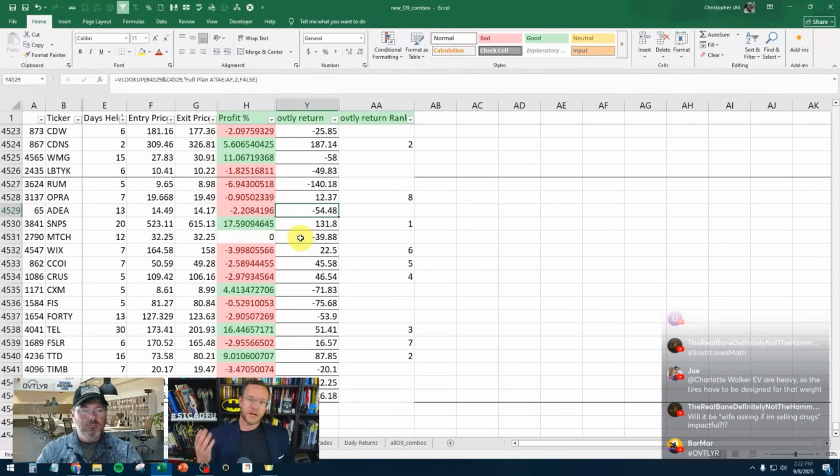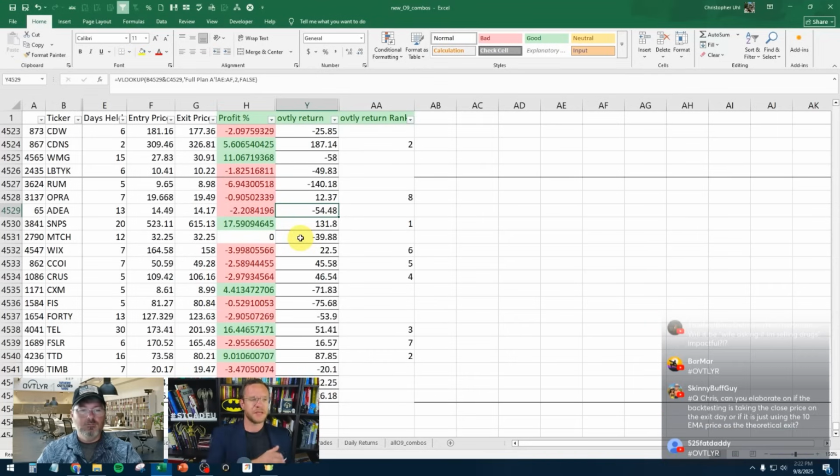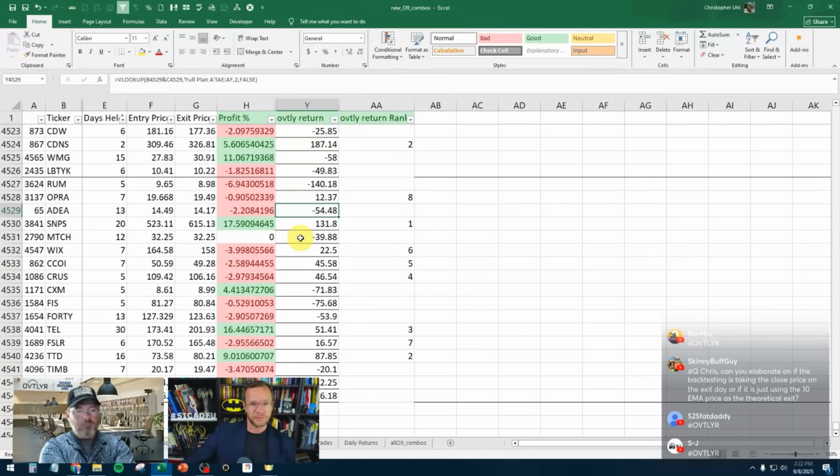So what Scott provided me today, which is different from last week, is this is T, so today's signals and yesterday's signals. Meaning if we didn't take it yesterday, but it lit up today, for example, let's say yesterday I got the sell signal, but for some reason we didn't take it. However, today has the buy signal, so we could still take it. So by doing that, they gave us more opportunities, right?